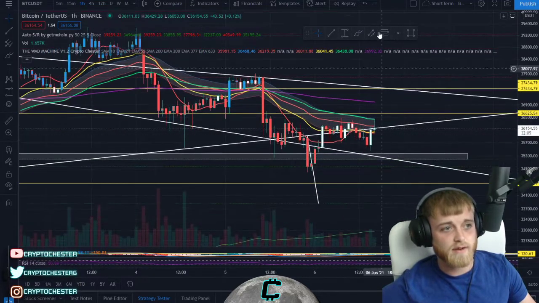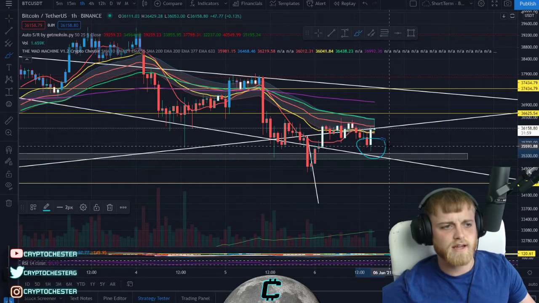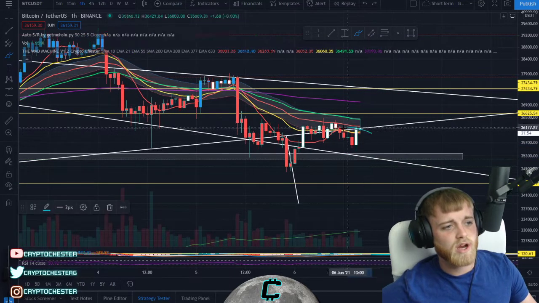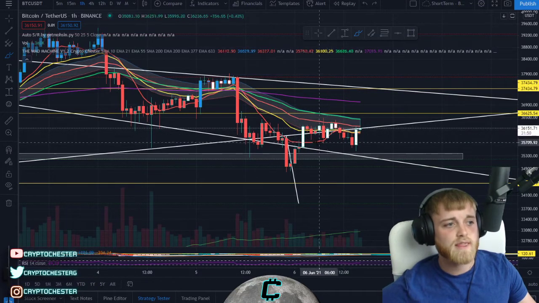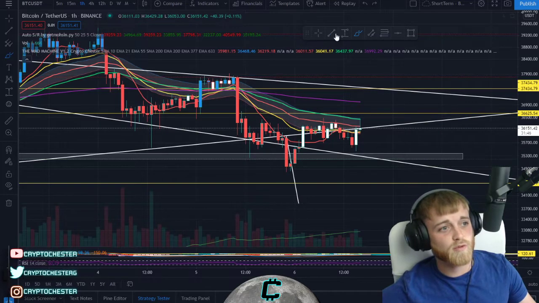But as I said, if we are going to get rejected, the key point for us not to eradicate is this higher low here, and that's sat around that 35,600 to 400 sort of zone there. So yeah, a few things to think about there. I mean, we are currently finding a nice little support on the 21 moving average, which is this yellow one coming through here, and also this 10 moving average coming through here as well. So yeah, a few things to think about there in terms of Bitcoin on the short term.